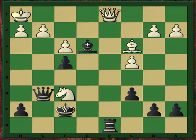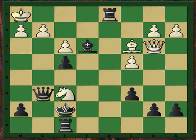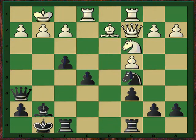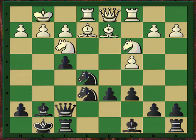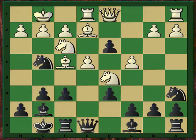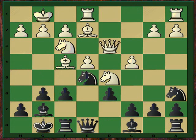There is no other square. Alright, so let's get to the position after queen takes on d3. Then knight e5, queen d2. First of all, if knight takes on e5, probably this move is okay, but it doesn't bring white